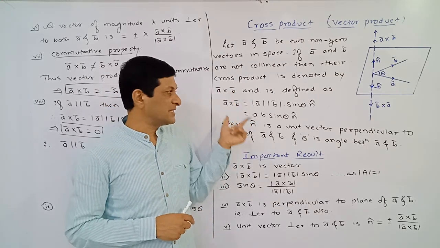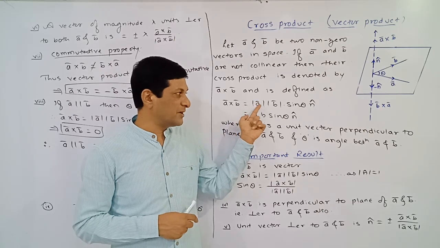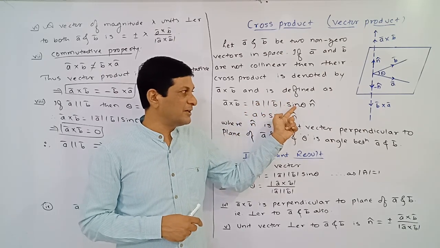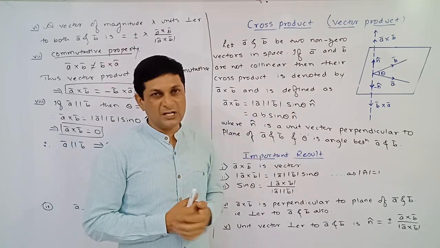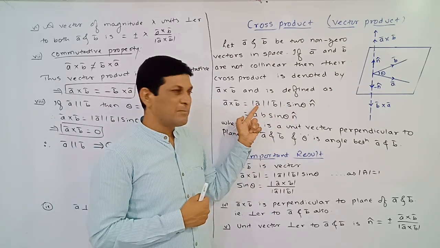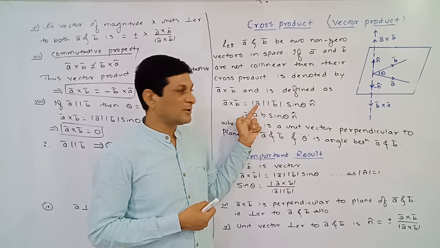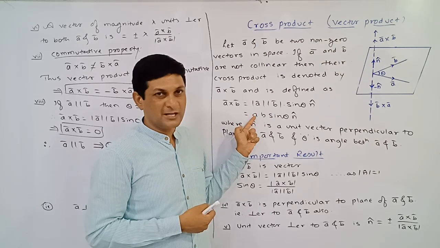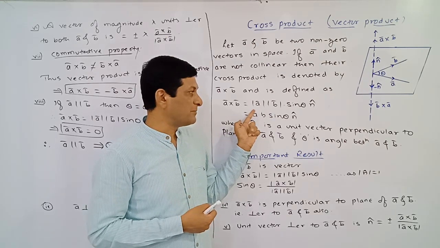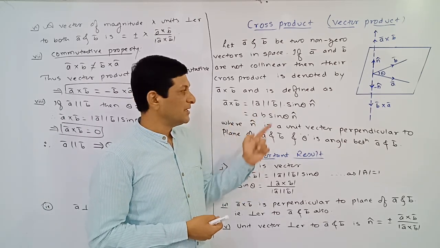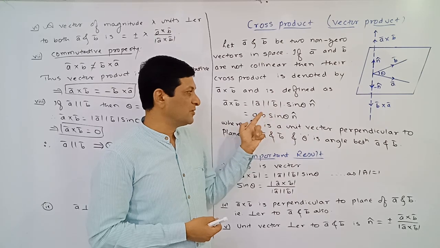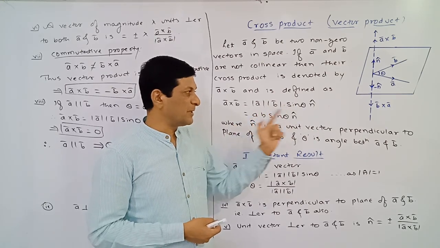and it is defined as a bar cross b bar is equal to magnitude of a bar into magnitude of b bar into sine theta into what? N cap. Here four terms are there in this multiplication, where magnitude of a bar means length of that vector, and length of that vector we simply denote by a. Here we have not taken bar, means we are not considering direction, we are just considering its magnitude. In the same way, magnitude of b bar is denoted by b, sine theta keep it as it is, and